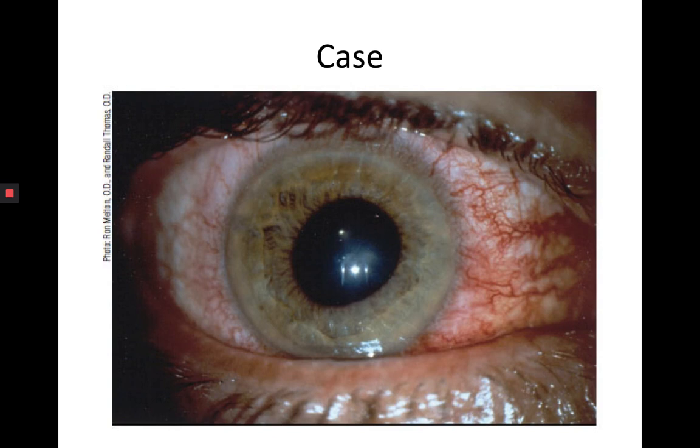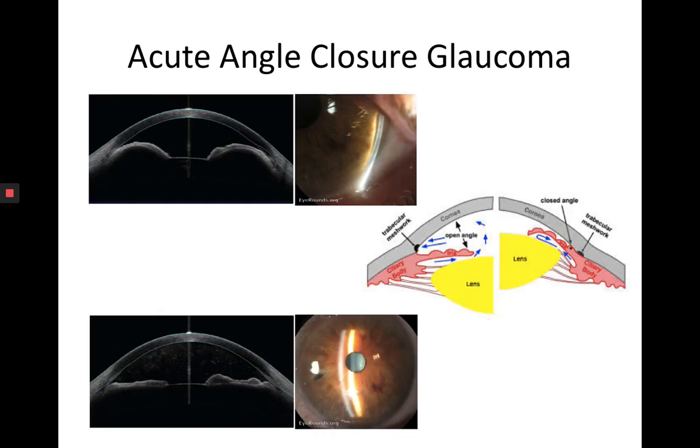On examination, they have decreased visual acuity bilaterally. The pupils are mid-dilated and sluggishly reactive. There's a steamy cornea, and there's conjunctival injection. Intraocular pressure is 40 bilaterally, and the patient has no other neurologic deficits. This is a case of acute angle closure glaucoma,